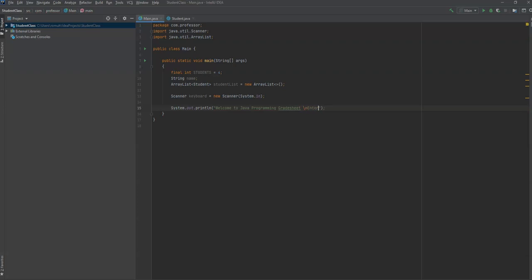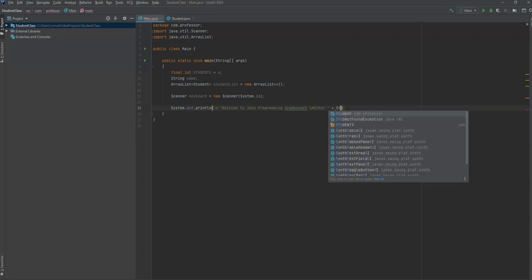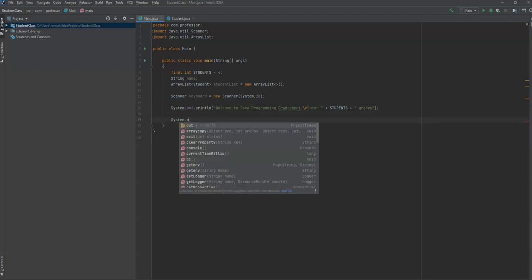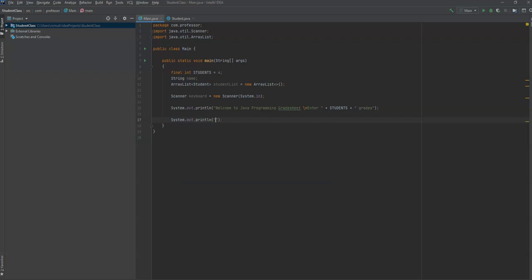And enter students' grades there, and we'll do another system out call, and we'll say print line enter student number one's name. So we'll say enter student one's name,